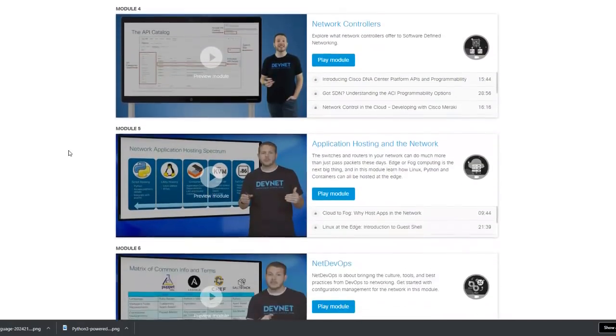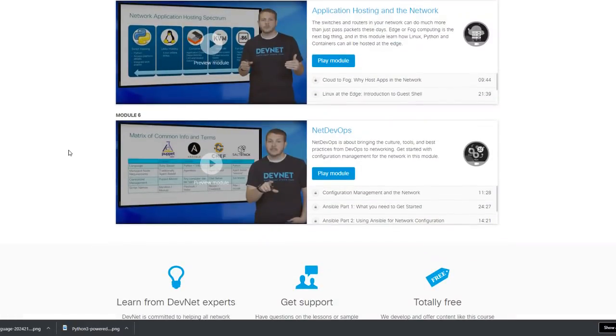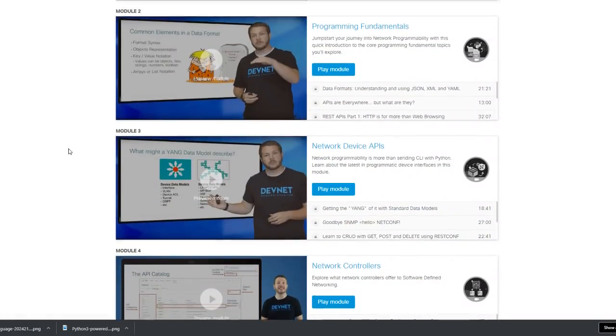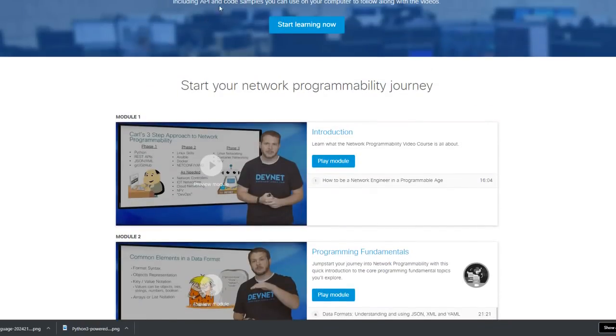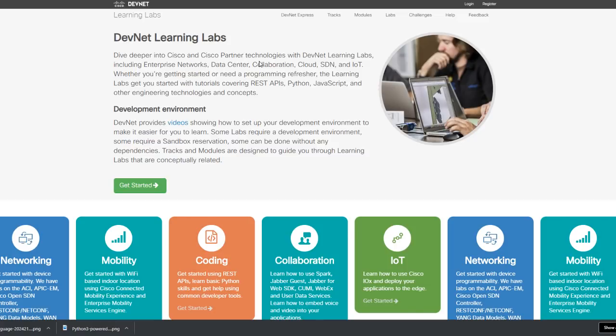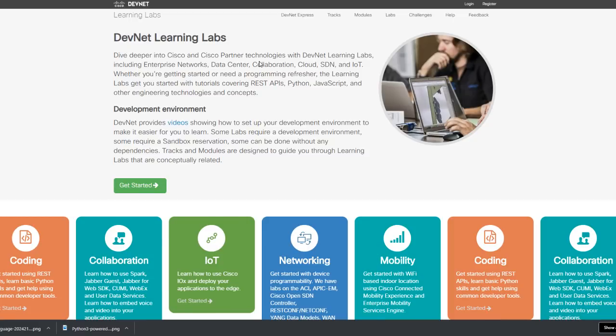And honestly, if I feel there's an area that I need more understanding on, or I need some basic understanding, I'll come back to this course because Hank lays it out very well and I like it. Now, the next thing is these DevNet learning labs. There's so much to learn on DevNet. DevNet is like this huge force right now, I believe, when it comes to network programmability. And I really like what they're doing. I'll have a link to this in the description